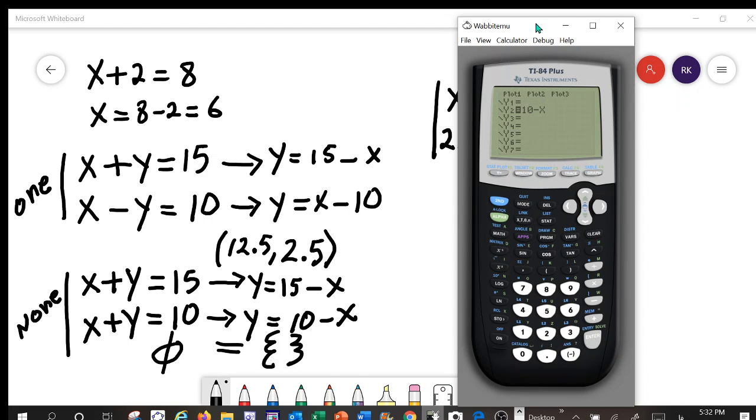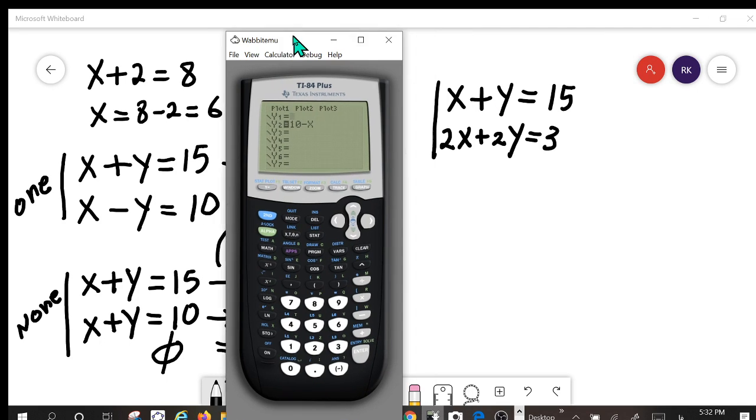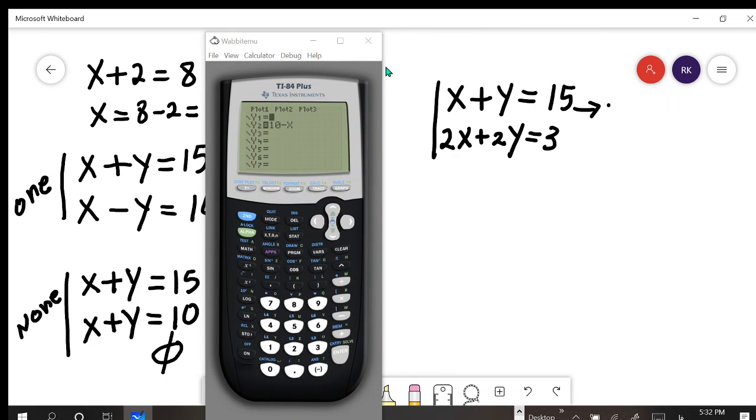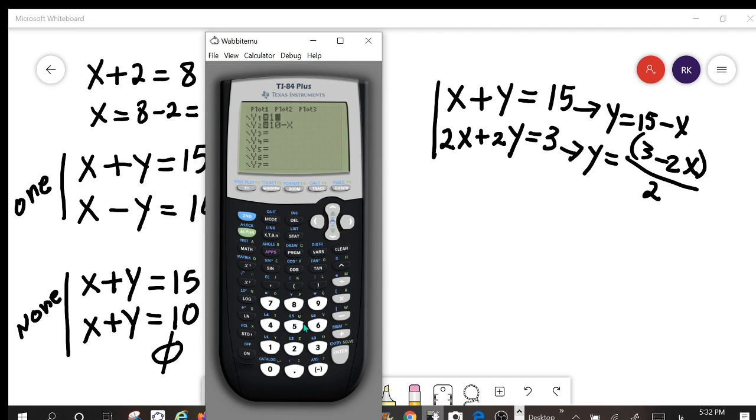Well, now I have to convert this to y equals 15 minus x, and this one is going to be y equals (30 minus 2x) divided by 2, right? So that's what I'm going to put in there: 15 minus x, and over here I'm going to put parentheses 30